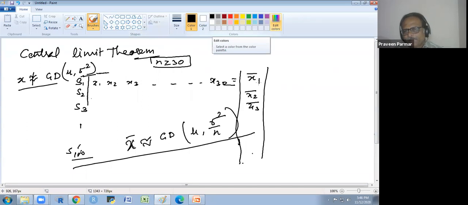Got it? It doesn't mean that if you have exponential distribution data and you increase the sample size, it will converge to a normal distribution. It will not converge to a normal distribution. It will more approach that particular distribution from where it is. Got it? As I explain, just a moment, I use R.